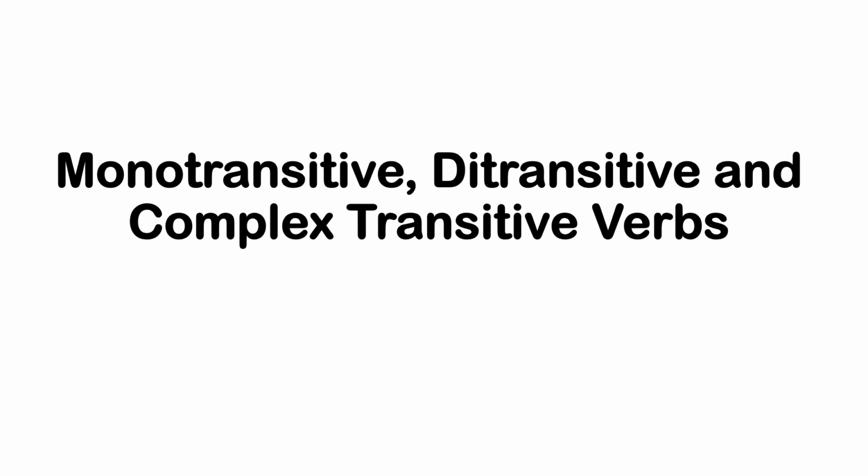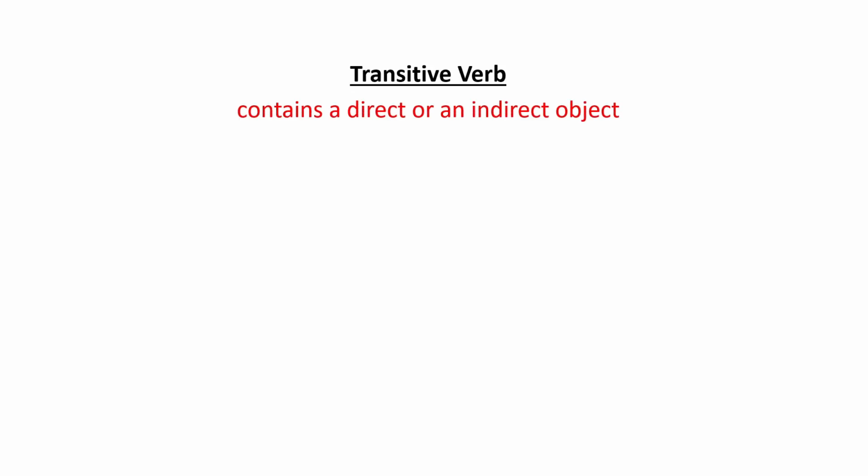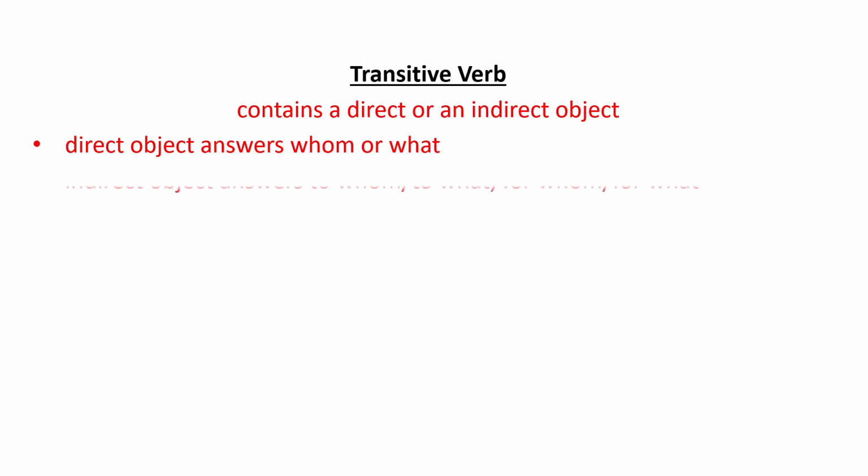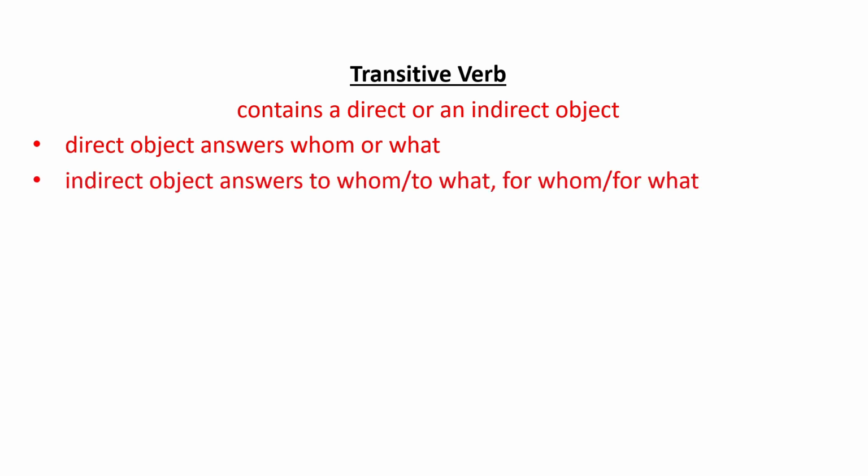Hi everyone, let us learn today the difference between monotransitive, ditransitive and complex transitive verbs. Let us first look at what is a transitive verb. A transitive verb contains either a direct object or an indirect object. A direct object is something which answers the questions whom or what, and an indirect object answers to whom, to what, for